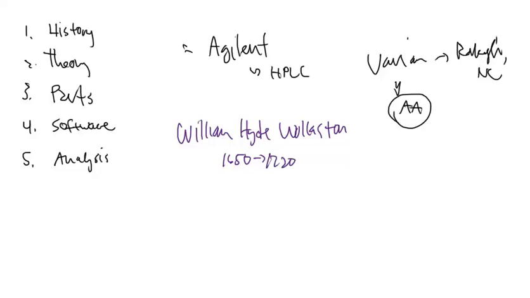And Wollaston is one of the first scientists to actually be given credit or a step in the proper direction for atomic absorption and atomic emission. So we're going to say he was the first. All right. So what he did is that he took a prism,